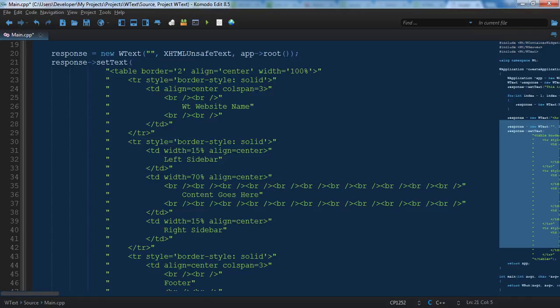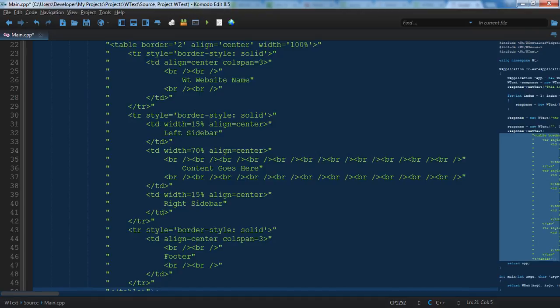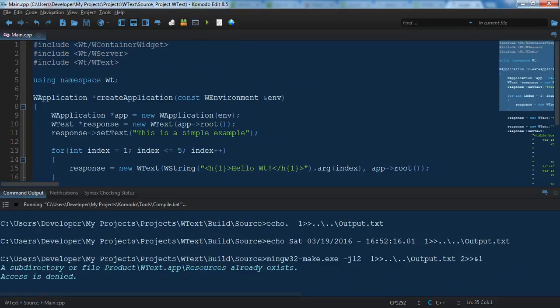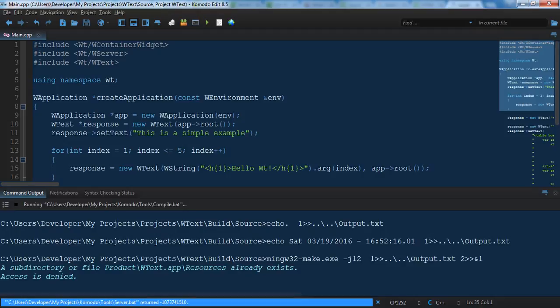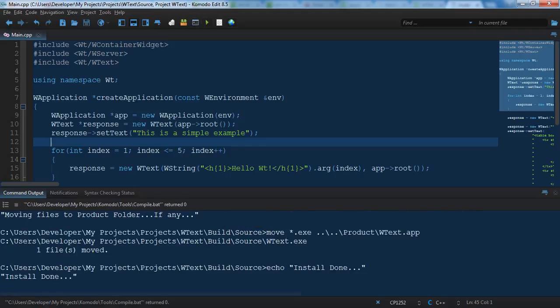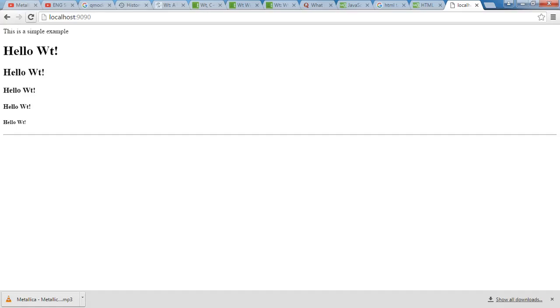But as you can see, we have a column here. We have a column on the left. We have a column on the right. We have a column in the middle that shows the content, and then we have a footer column. And all this is thanks to the response object. Let's go ahead and save this. Let's compile it. All right, it's been compiled. Let's run it. And if we do a refresh,